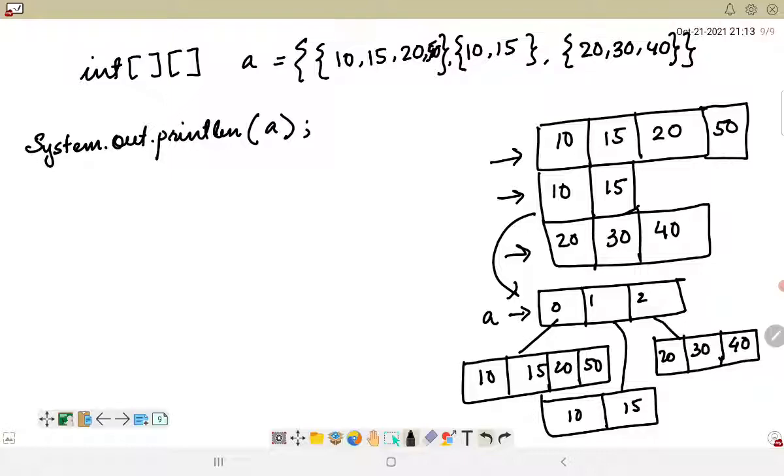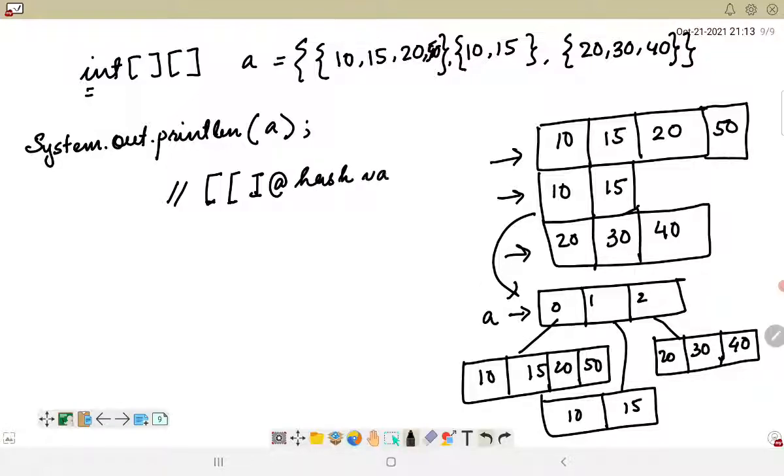So suppose I'm writing this and I want to print A. The output that I will get here is basically two square brackets, which represent that it is a 2D array, followed by the type of the array, which is integer, then an @ symbol, followed by the array class of that particular array, which is represented as a hash value.